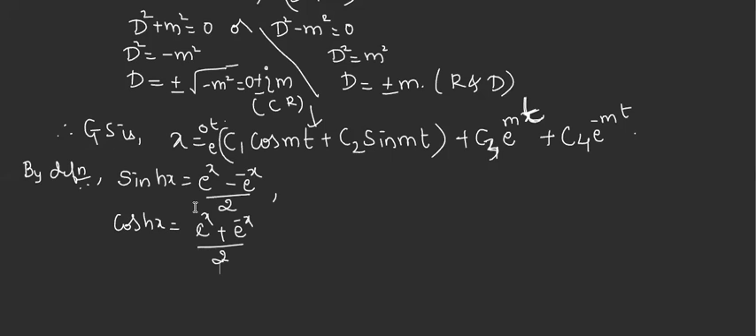This is just a definition of hyperbolic function. How to remember? Sine means in between minus, cos means plus. So you have the terms e raised to plus x and e raised to minus x. Now, from this, if you simplify it, you will get